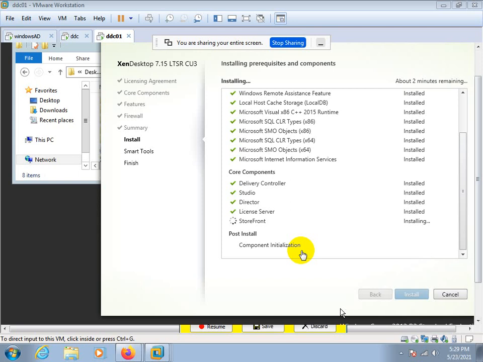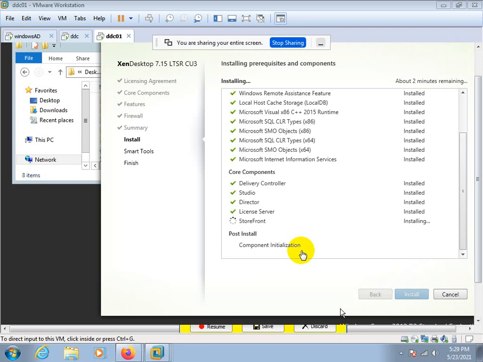Versions we can call 6.5, 6.0, 7.15, 7.16, 7.12, 7.1, 7.8, 7.9.